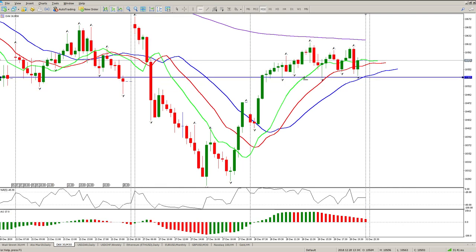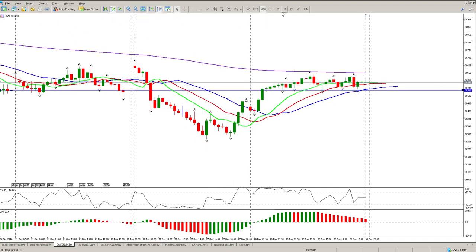I think the safest bet is going to be to watch at the open. 10,530 is the level we need to pay attention to. So we're expecting a gap below it. I'm expecting a bit of a pullback or a bounce to come and test that break. And if that is successful, short, stop above sort of a 50, 60-point stop loss, and you should be able to trade this thing back down